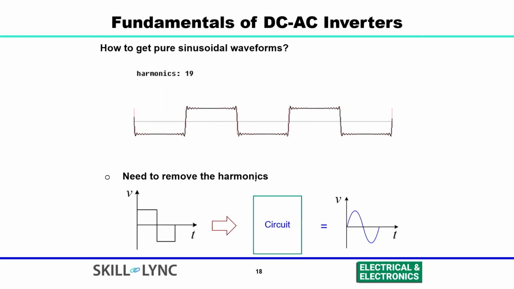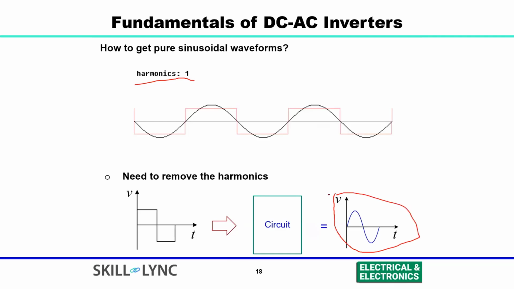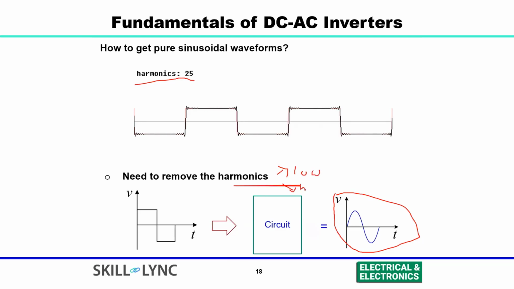So now what we discussed is the square wave. Now we need to get pure sinusoidal waves. Here we can see this sinusoid when we add some kind of harmonics. We discussed that the square wave is equivalent to the fundamental plus some harmonics. So when you pass this through a circuit which can remove the harmonics, we are able to extract the fundamental from it. These harmonics can be lower order or higher order harmonics, so we need to remove both.